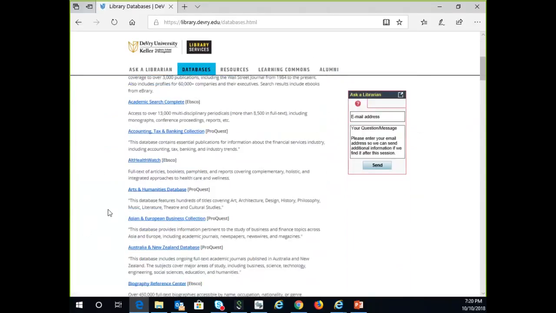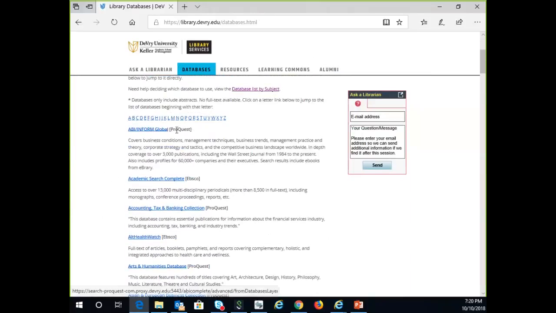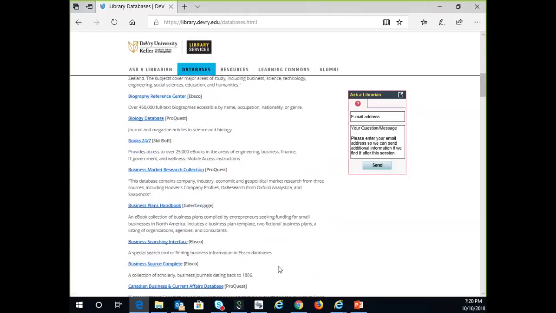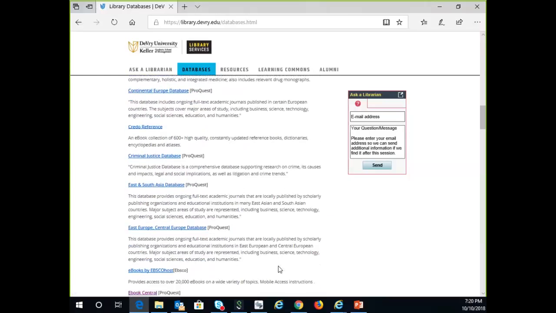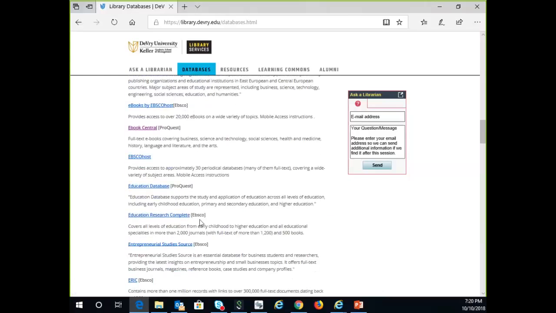One of them is called, well, before I go there, just to sort of spell out to you what's going to happen. We have various databases like ABI Inform, which comes to us from ProQuest, Academic Search Complete, which we get from EBSCOhost. And you'll see each of these has a name of the company that makes it available. That's kind of a hint to you that as you go further down the page, you can see there's tons of different databases available from EBSCO, from ProQuest, and so on. And when I go and I click on, say, EBSCOhost,